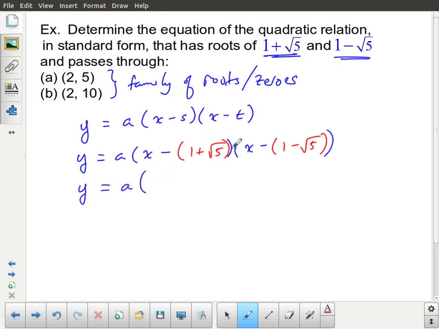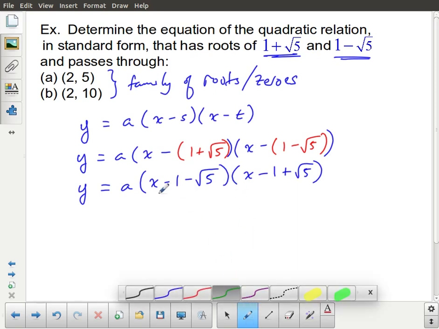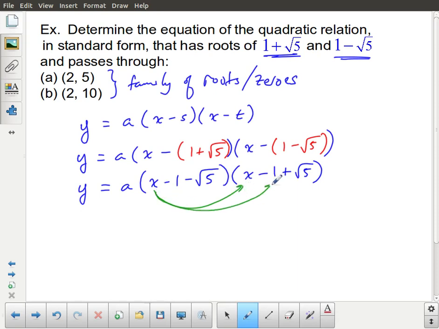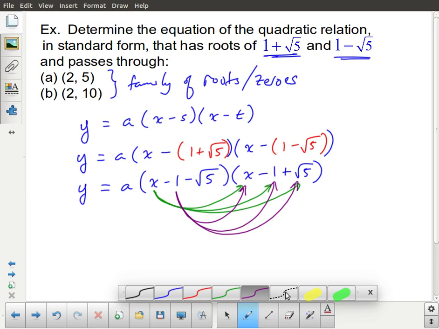And you're going to see something very interesting that happens here, and it happens quite commonly. But in this case, there's a certain symmetry to these roots. So x minus 1, and this negative times this positive root 5 becomes minus root 5. And then we have x minus 1, negative times 1 is negative 1, and negative times negative root 5 is positive root 5. At this point in time, you could use what's known as the distributive property. So you could take this x times this x, and then times the negative 1, and then times the root 5. And then you could do this negative 1 times this x, this negative 1 times this negative 1, this negative 1 times this root 5, and finally you could finish with